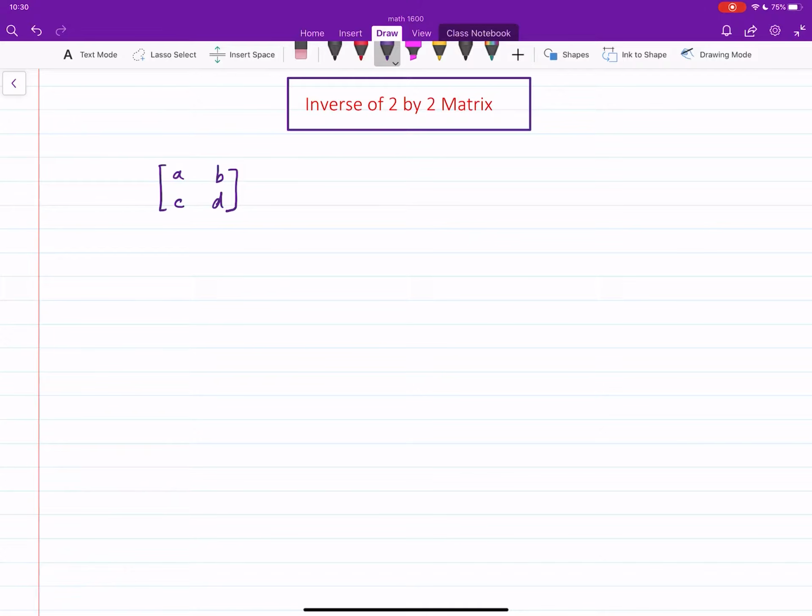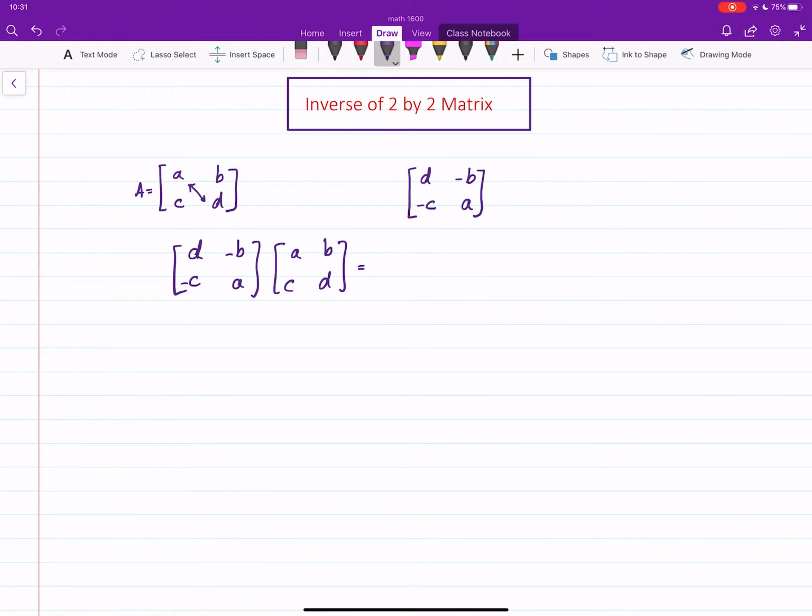Then we can create this matrix. This matrix is, well, switch the entries on the main diagonal, interchange those ones, and multiply the off-diagonal entries by a negative sign. Well, this matrix, if you multiply it with the original matrix A, so let me start with this. If I multiply D, negative B, negative C, A, to A, B, C, D, what you